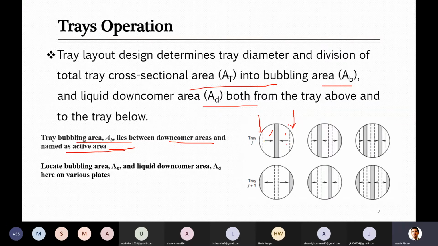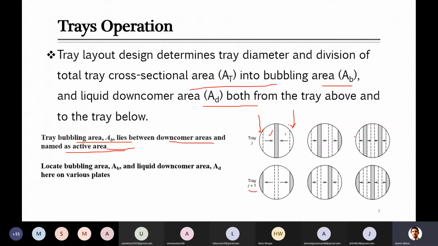So in this tray, we can see that it is divided into a two-pass flow. Some liquid is moving towards this center point, and the other is moving in the other direction. They are accumulated here, and there will be a weir, so they move downward to the next plate. When the liquid is received on the plate below, J plus 1, the dotted line shows the receiving downcomer area. Then it starts moving in both directions on the tray, and is accumulated at the ends, and then it moves down and so on.